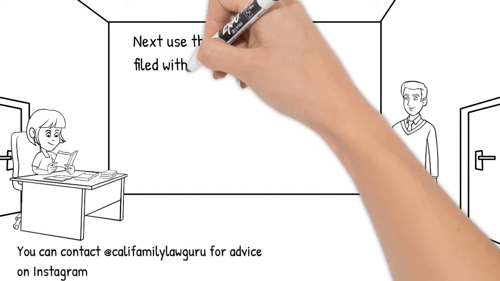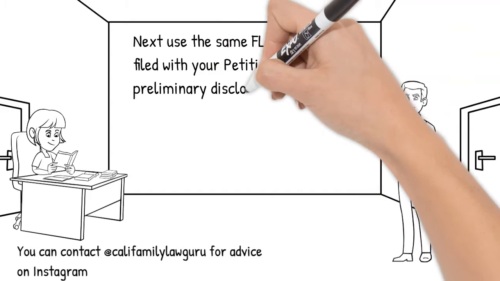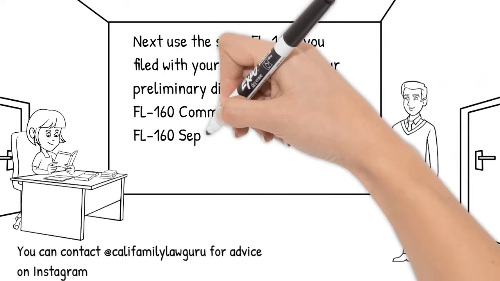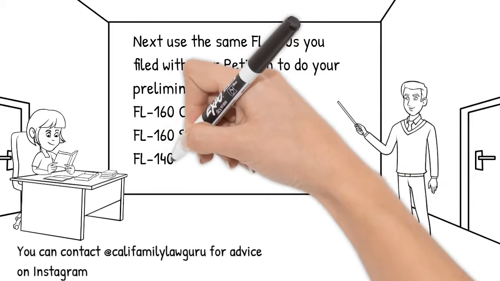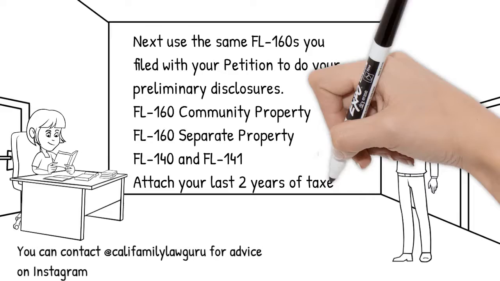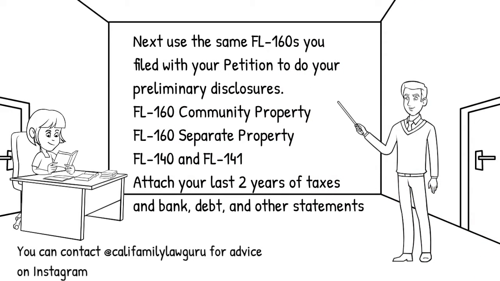When you do preliminary disclosures, you're going to use the same FL 160s that you did with the petition, and you're also going to file with it 2 years of taxes, as well as statements for bank accounts, credit cards, any of your assets and debts. This is so that the other side knows what needs to be divided and how much money you both really